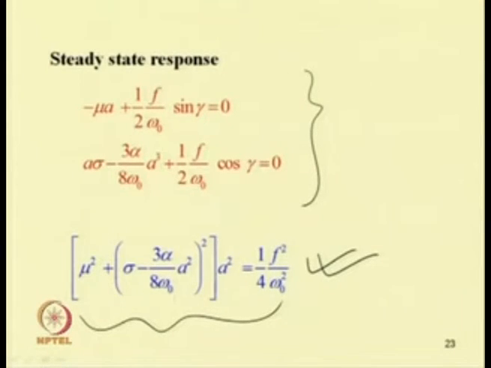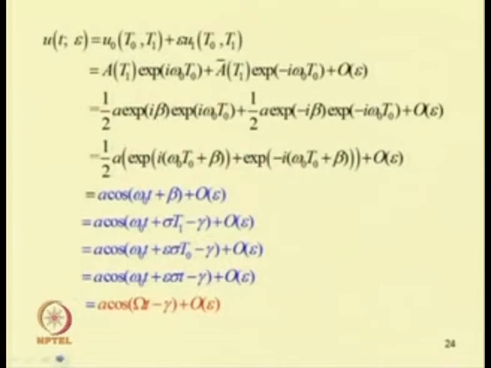In this equation, one can see this is sixth order in A or quadratic in sigma. Sigma is the detuning parameter, A is the response of the system. So, as it is quadratic in terms of sigma, one can find the response of the system by using the quadratic equation, and the overall solution of the system can be written in this form.